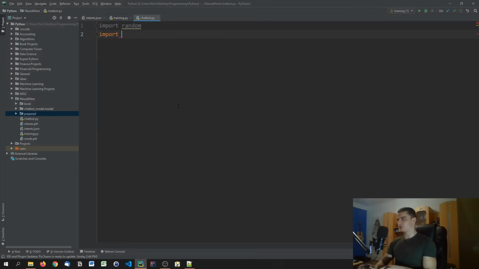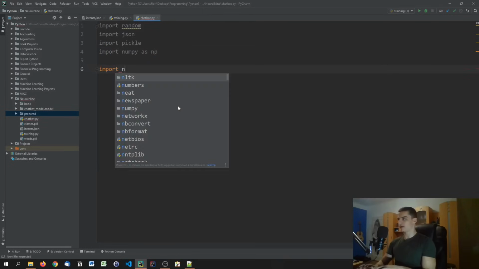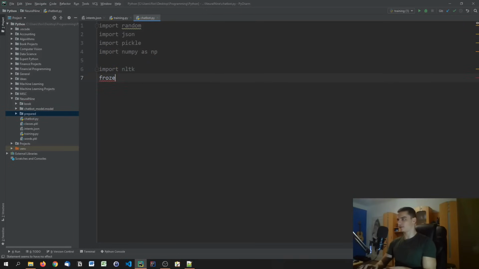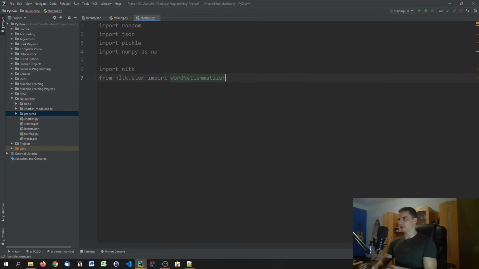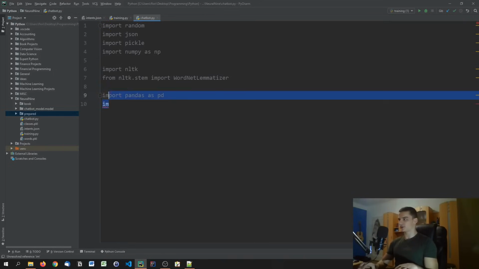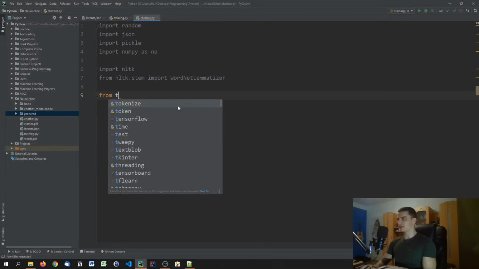Import random, import json, import pickle, import numpy as np, import nltk, from nltk.stem import WordNetLemmatizer. Sorry, we don't need to import pandas, that is for another project. We only need to import TensorFlow from